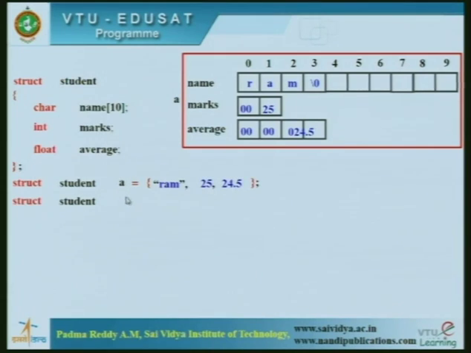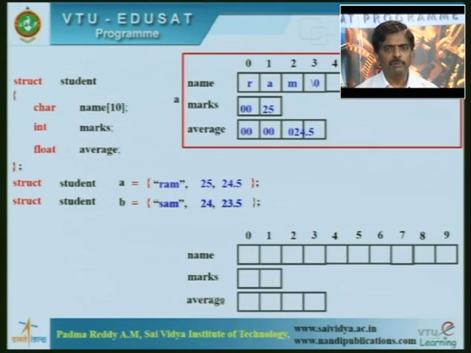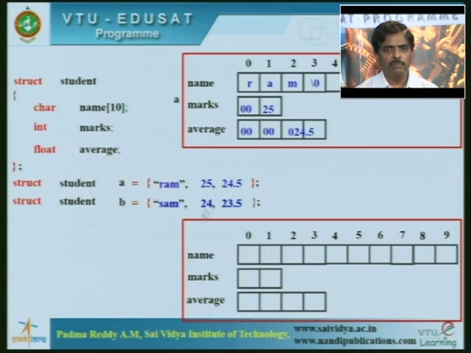Now if you want another variable, suppose I write B. Here I write B is equal to Sam, then we have 24, 23.5. Now what will happen? Again, for name, how many bytes of memory locations will be reserved? 10 bytes. And then, what is the next field we have here? Marks. For marks, we require how many bytes of memory? 2 bytes of memory. And then what is the last field we have? Average. Average is of type what? Float. So float takes how many bytes? 4 bytes of memory. All these memory locations can be grouped into a single block like this, and